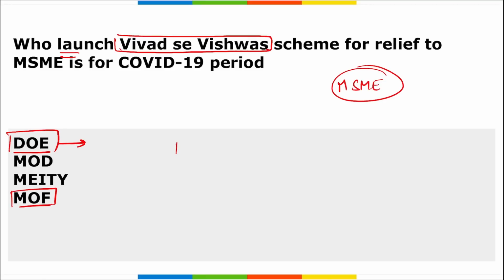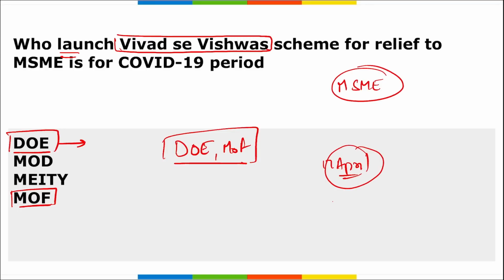So you can say that the Department of Expenditure that comes under the Ministry of Finance has recently launched the scheme Vivad Se Vishwas relief to MSMEs, for providing basic relief to the MSME sector for the COVID-19 period, right? And this was launched on the lines of the Union Budget for 2024 that was recently announced by our Finance Minister Nirmala Sitharaman ji. The scheme commenced from 17th of April and the last date for the submission is